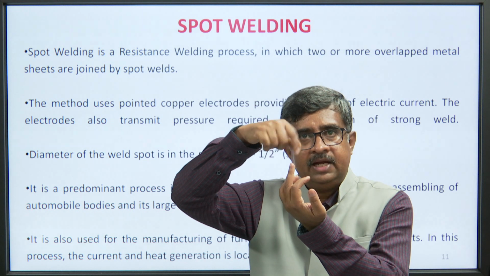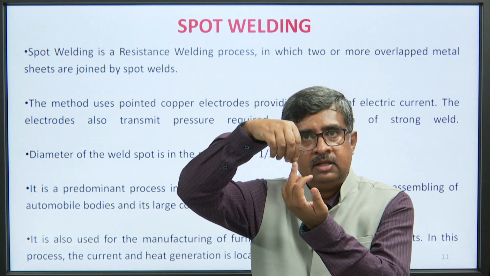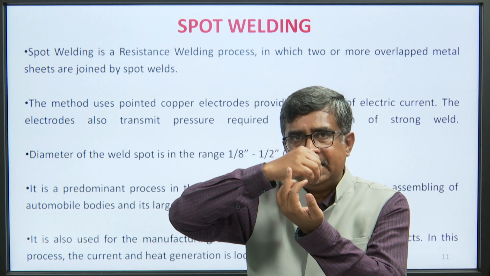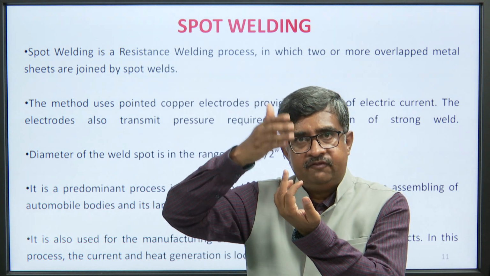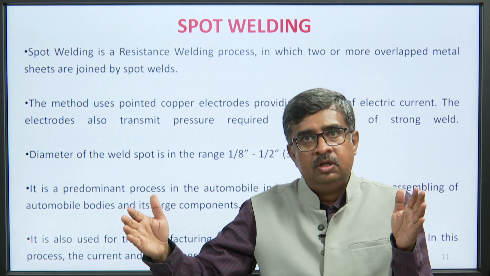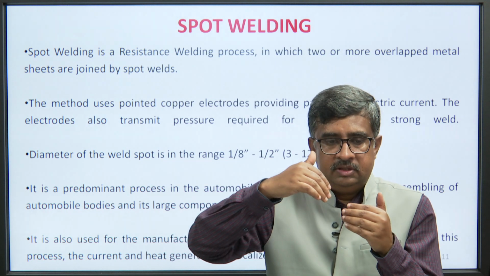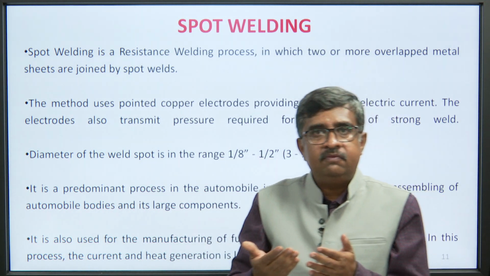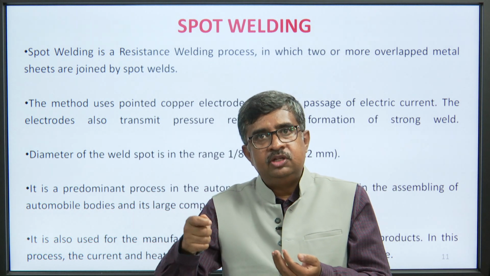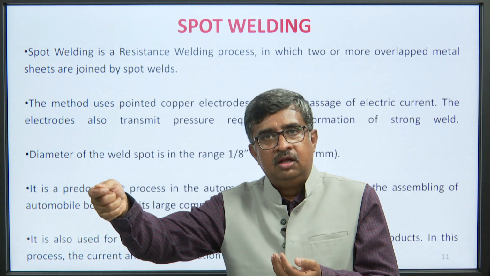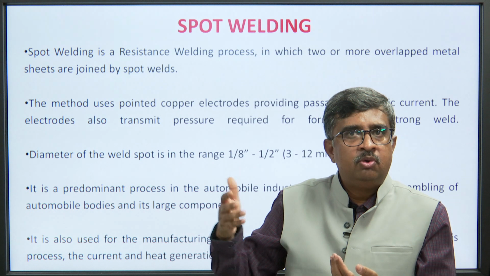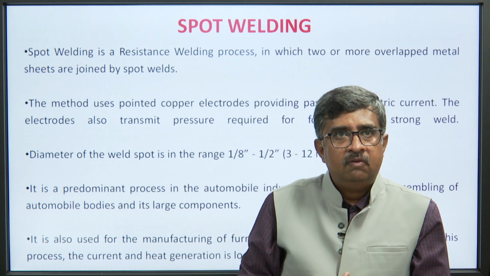Basically, a spot was applied where the spot welding is done. If you are using more than one electrode, then it will happen in a row or in a series. Generally, what we do in spot welding is move the workpiece, then again do the spot welding, and again move the material. In that way, we do the welding at more than one place.